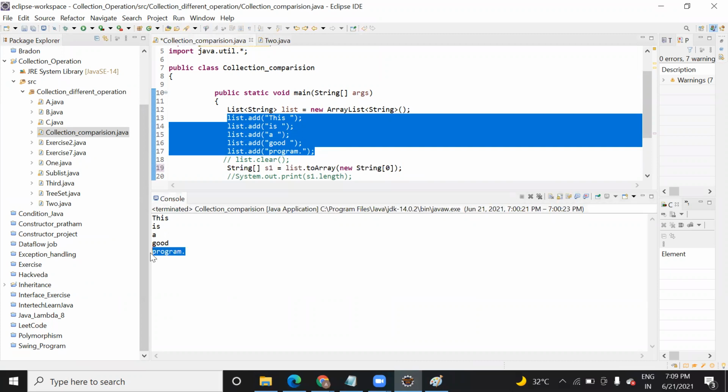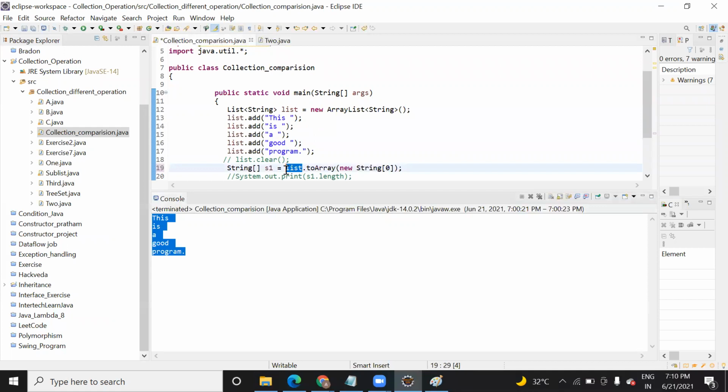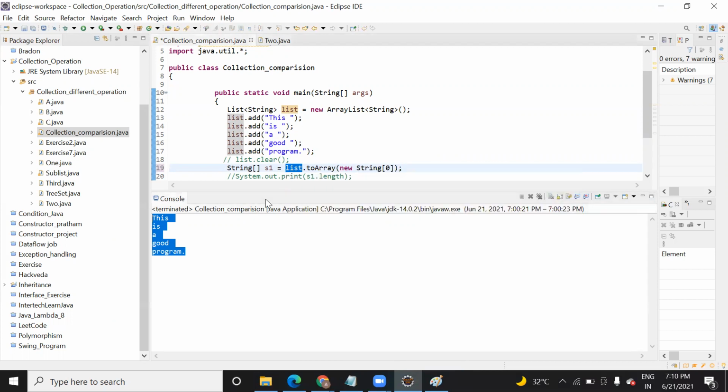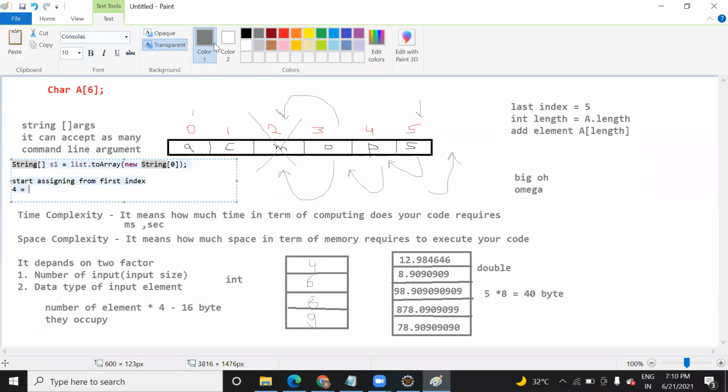Not only this program, it is holding the previous values also. That is the reason when you pass string 4, it is going to provide a space to all. This list is a complete collection which is holding the values. Are you getting what I'm saying? Yeah. So this list is like a collection, a kind of bucket which is holding all the values. So even if you specify index 4, which is holding program as a value, it will provide a space to all the elements of the list.